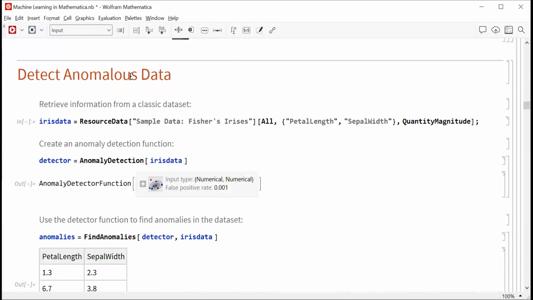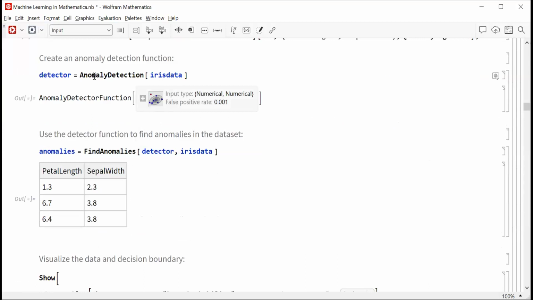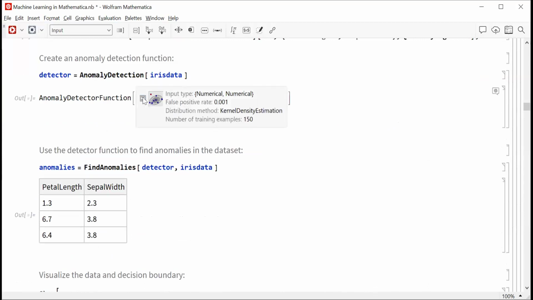Another thing which is implemented at high level is anomaly detection. So here we might have some data. We train an anomaly detector function. And again, there are various methods for doing this as well. So here, this is done via kernel density estimation, but there are other methods that one can choose for doing it if you want to get into the weeds on specifically what method is most appropriate for your data. And then